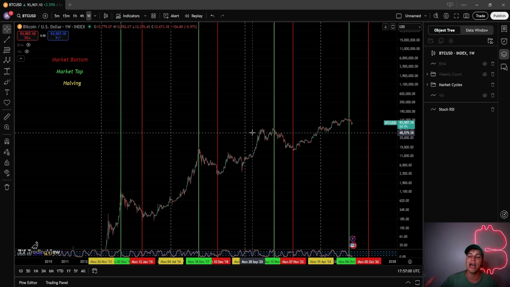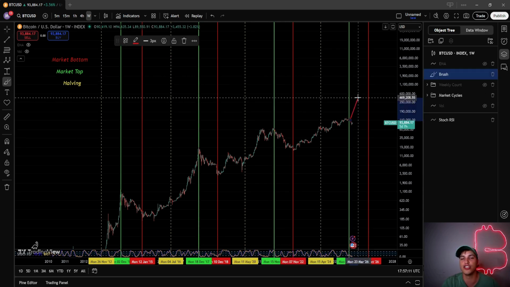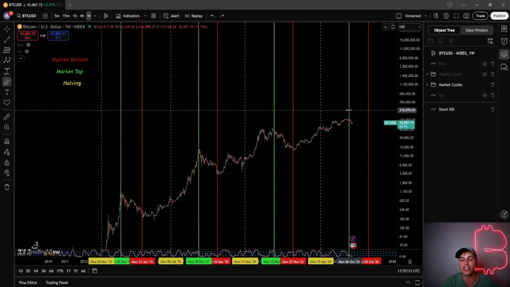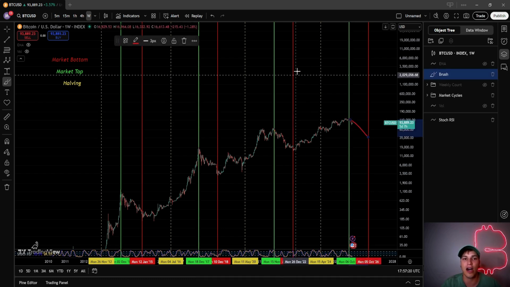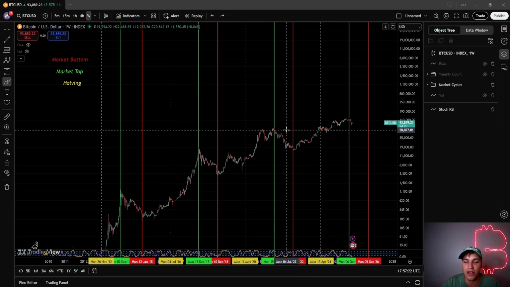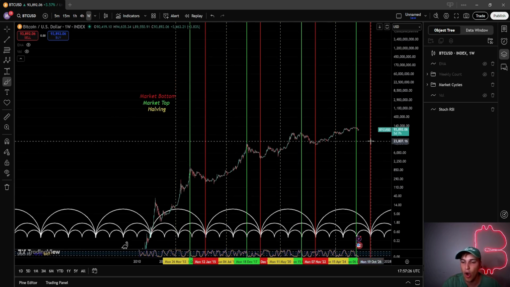We thought there would be a possible blow off top, which is still possible, and I'll show you guys now. But we thought, okay, cool, there could be a blow off top, or there could be massive price surges before this topping structure, yet there wasn't. Right? So we are now looking at a possible bear market. That is how we have approached the market cycles at the moment. And we've done this just using our standard measurements on TradingView.